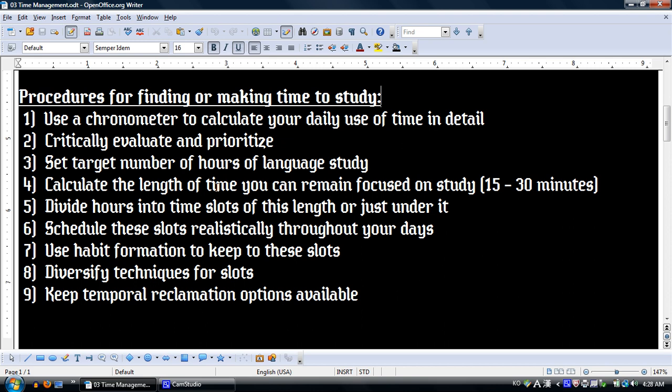There are literally scores of different techniques that we can use when studying languages, and they can reinforce each other and add variety and interest. So it's important to put some diversified techniques in the different time slots and try to keep those for each one. But also, keeping the 9th point in mind, trying to keep your options for what I call here temporal reclamation or salvation